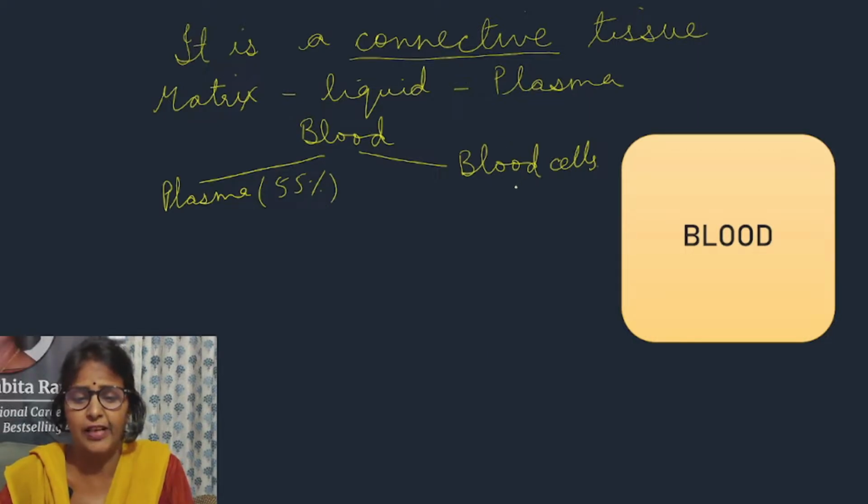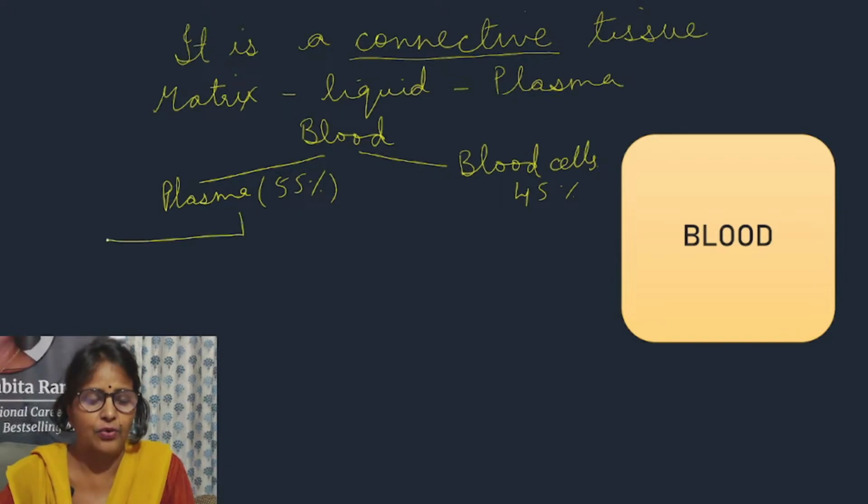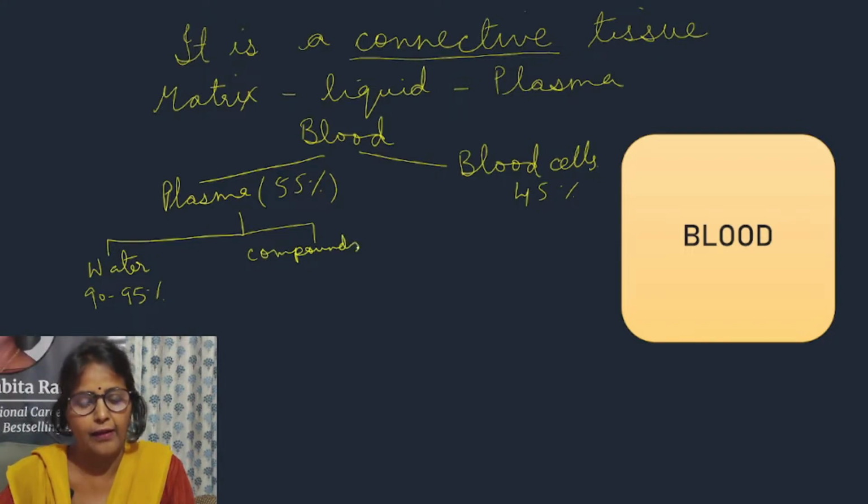This plasma is present in blood. 55% of the blood is plasma and 45% is blood cells. Out of this 55%, we have water in it, that is 90 to 95%. And then some compounds are there, which is 5 to 10%. What can be those compounds? They can be digested food like glucose, amino acids,